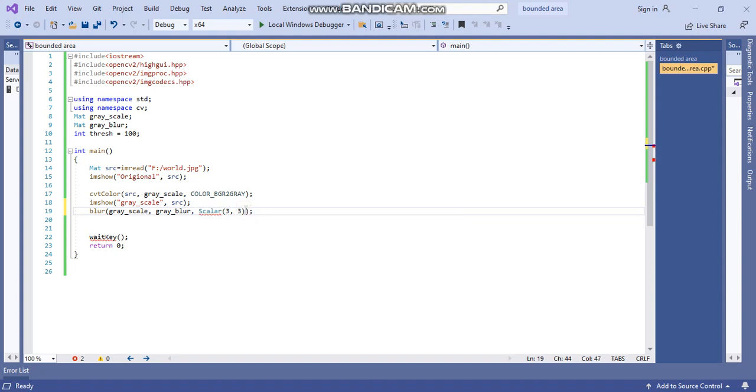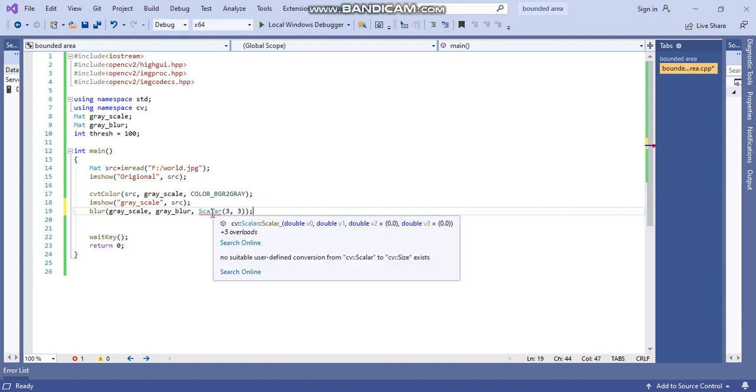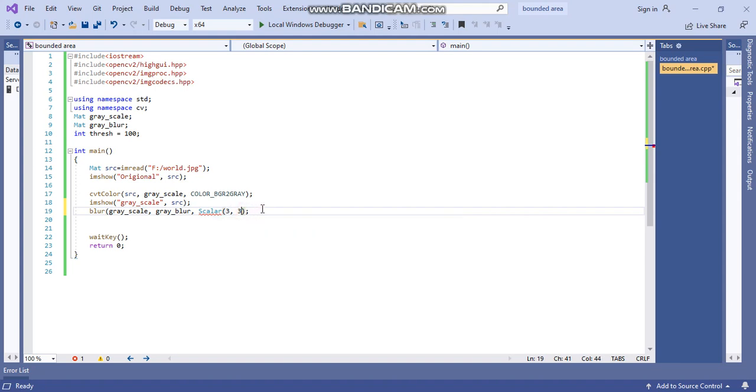This is the size. You can also write Size(3,3). So I hope it will take.